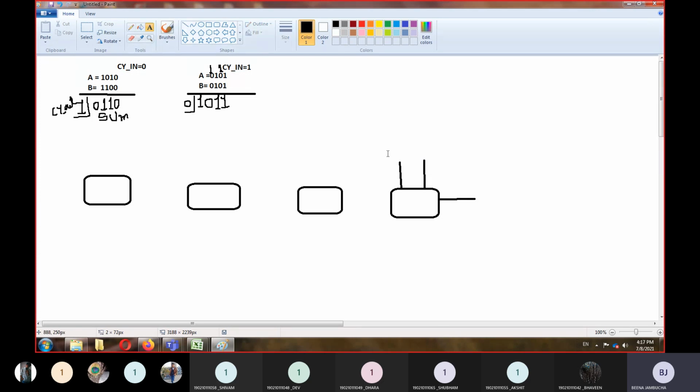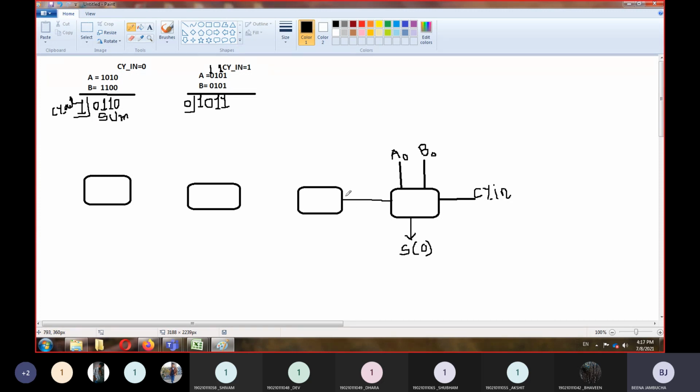Let's say this is carry in, so I will call it cy underscore in, and 2 digits A0 and B0. So it is the LSB, and the output will be S, and I will call it S0.